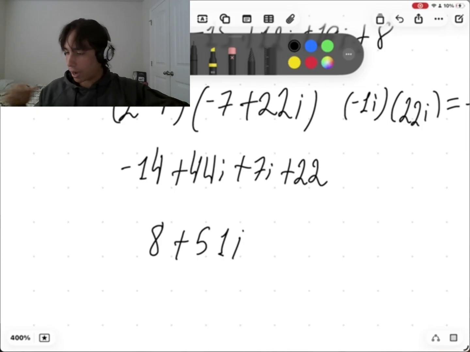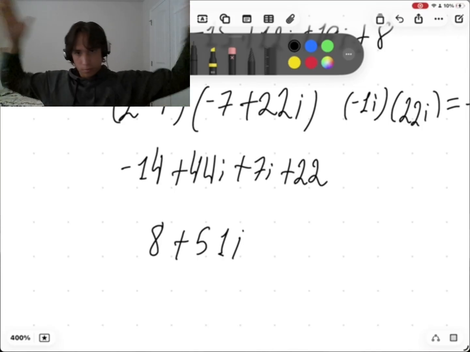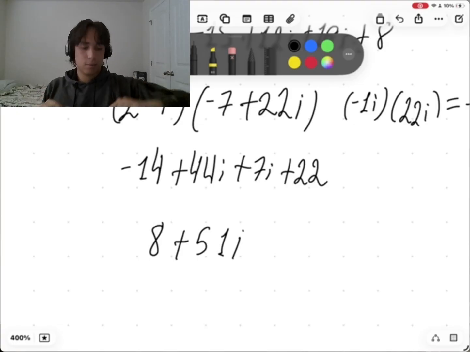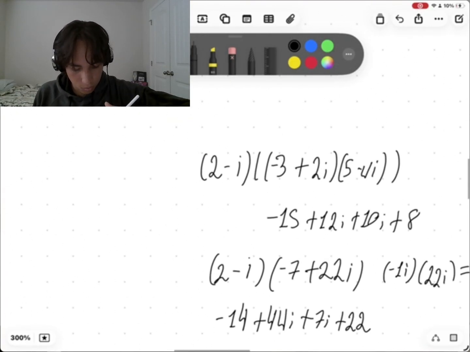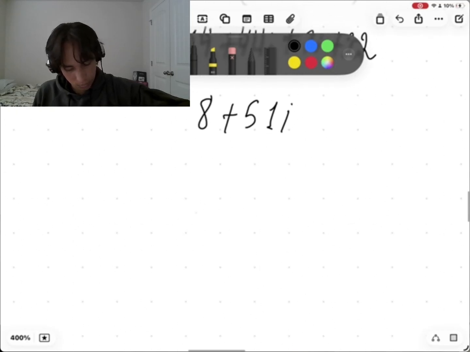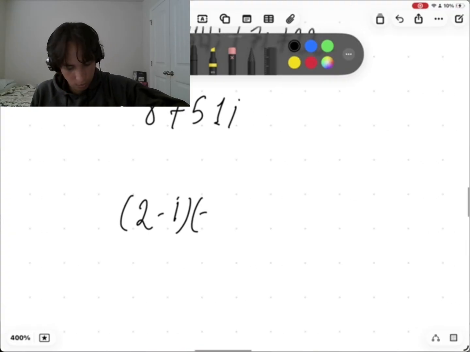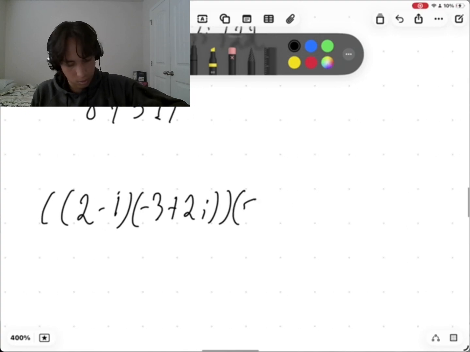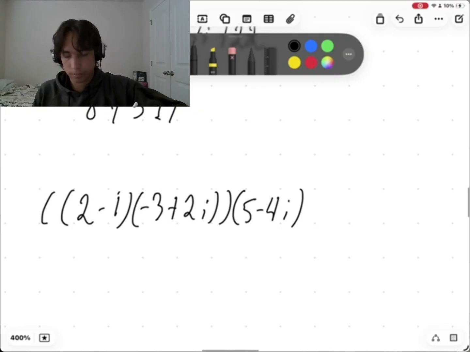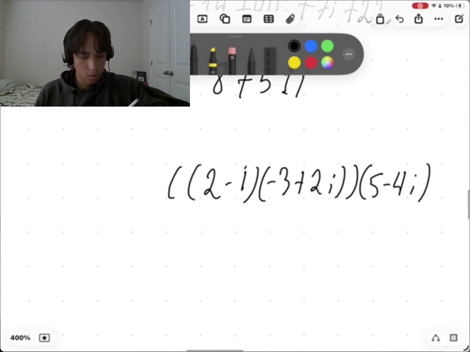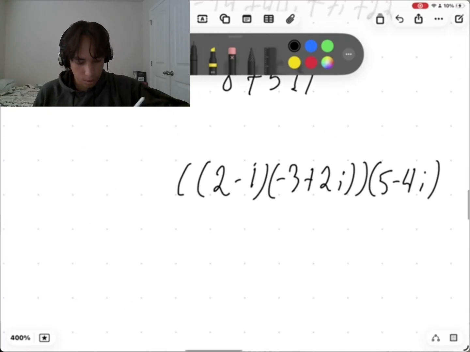8 plus 51i. And if we slide the parentheses over, so we do 2 minus i times negative 3 plus 2i times 5 minus 4i. Forgot what I was going to do. I just had a brain fart. Anyway,